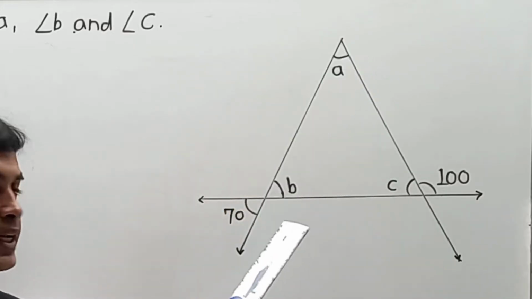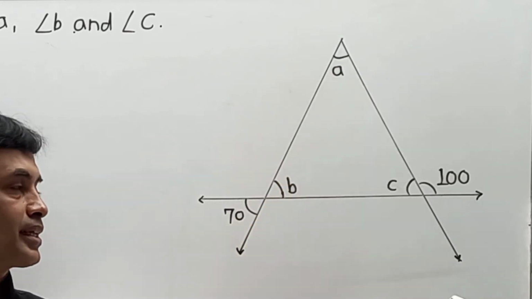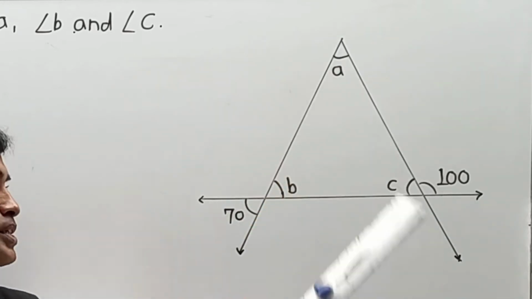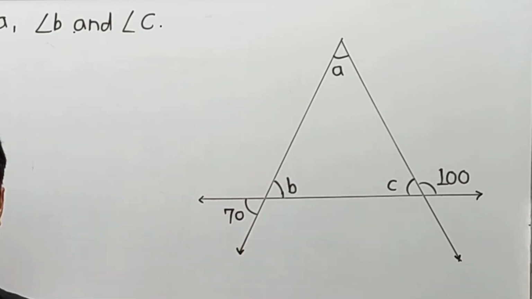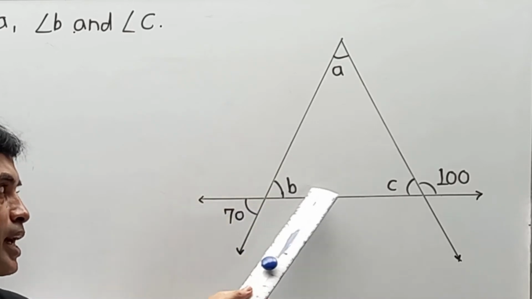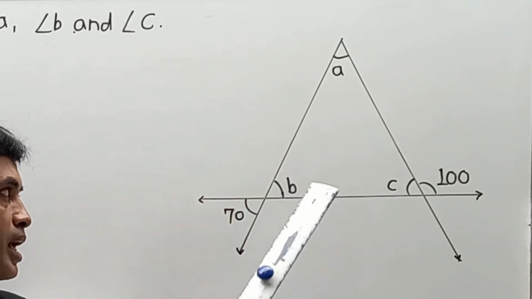They have given a diagrammatical structure: first a ray, second a line and third a ray. It means there are two rays and one line. This combination forms a tentative diagram of a triangle. And they have given angle A, angle B and angle C. These are the inside angles of the triangle.